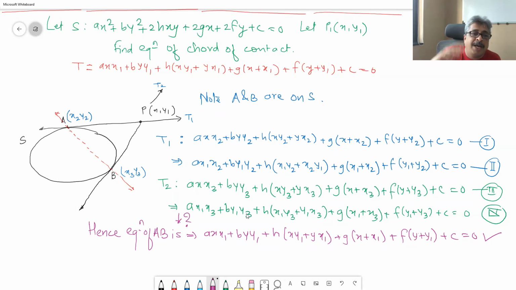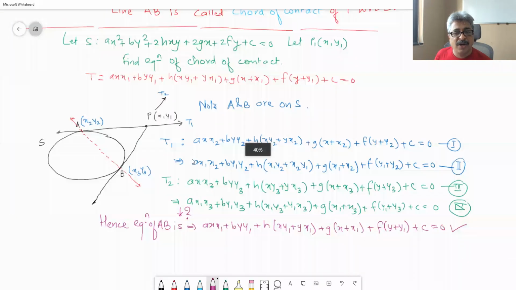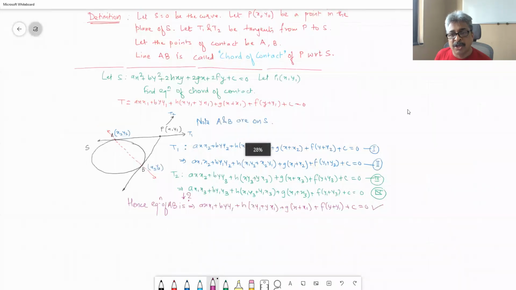If I put point B, I get satisfied, and therefore linear equation in x and y passing through where A is satisfying that equation, B is satisfying that equation, therefore it must be equation of AB. And therefore this is the proof, and we have done it for any degree 2 curve. And therefore, if you would have observed